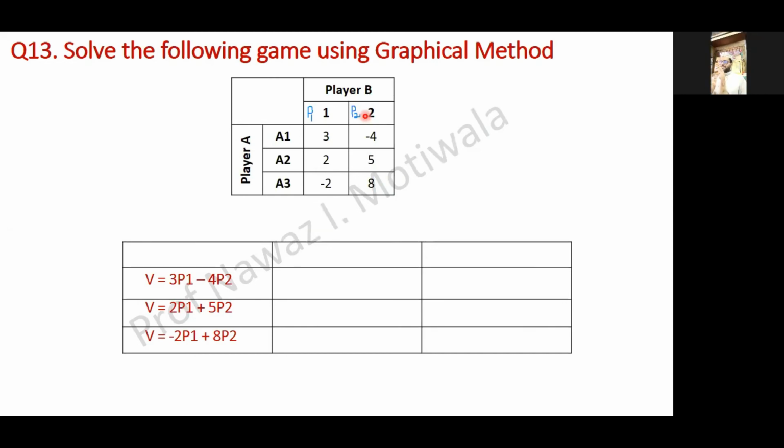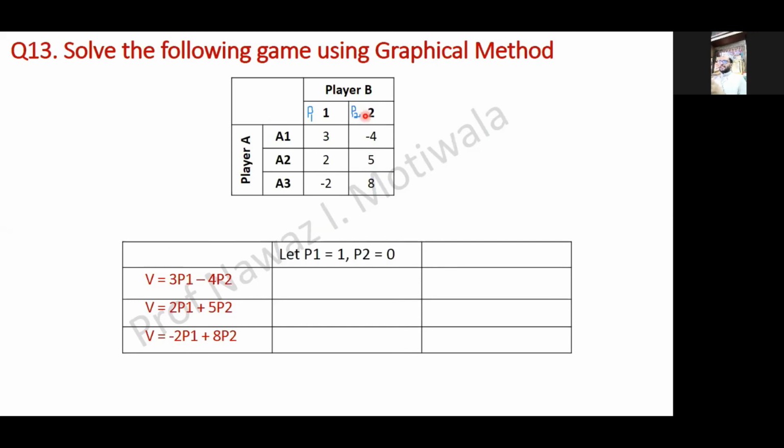And after finding out the equations, for plotting the graph we need at least 2 points. So we solve it by simultaneous equations, as we used to do earlier as well. Let us assume something. So here also the assumption can be anything, but you have to remember this, that the total probabilities of an assumption should always be equal to 1. Now you can use any of the combinations. You can use 0.1 and 0.9, 0.2, 0.8, 0.3, 0.7, anything you can use. But for simplicity in calculations, I am using this one.